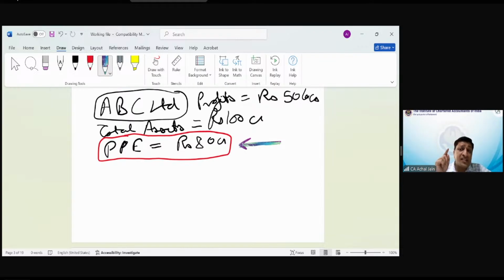There is one single item, PPE, which is materially misstated. That's the assessment of the auditor. Means the auditor has done this assessment and he is saying this is materially misstated. Okay. Further,